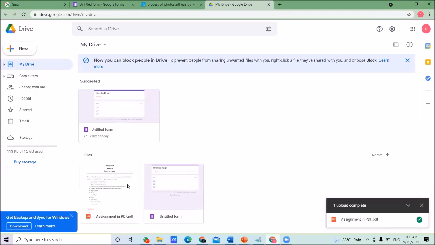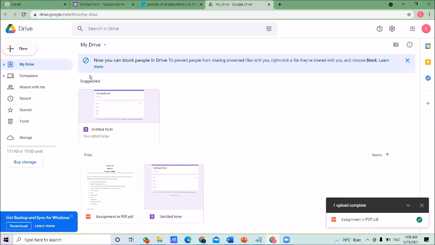Now you can see that particular document in the Drive. Later, you can log into Google Drive again and upload documents from any other location. In that way, you can upload your document to Google Drive.